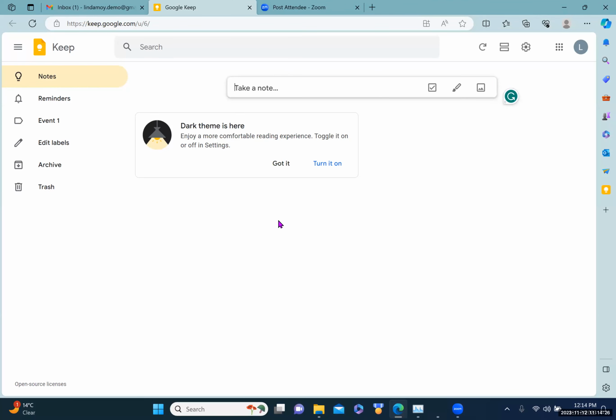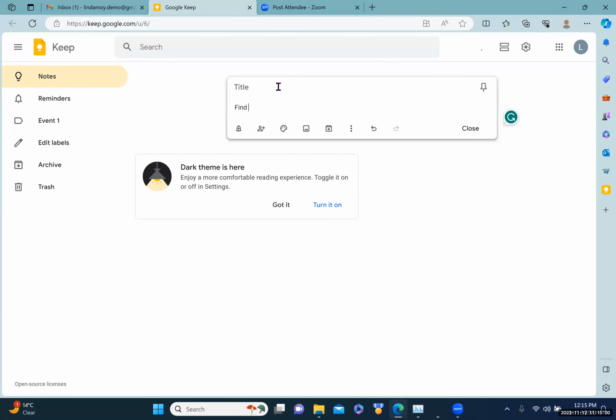So I'm going to walk you through an example. Let's say that you were trying to organize two different events and you needed to do certain things to get it done. You wanted to take notes on it, and different people are doing different things. So here's the basics of how you do Keep. Right here, as you'll see, it says take a note. It doesn't have to be fancy. Let's just say for event 1,